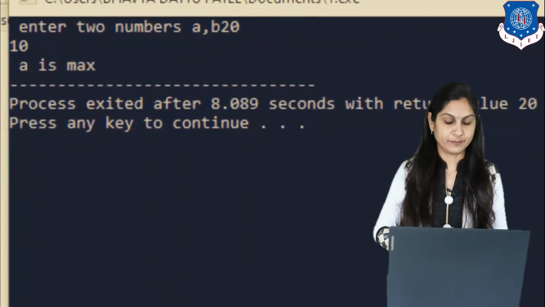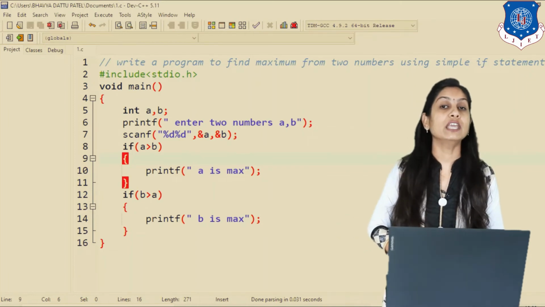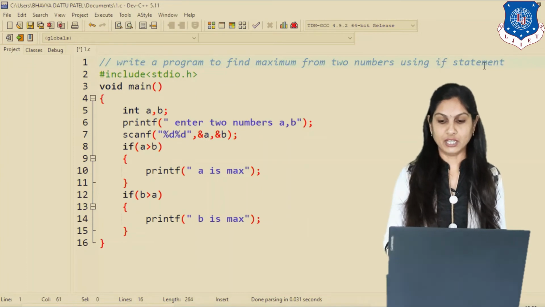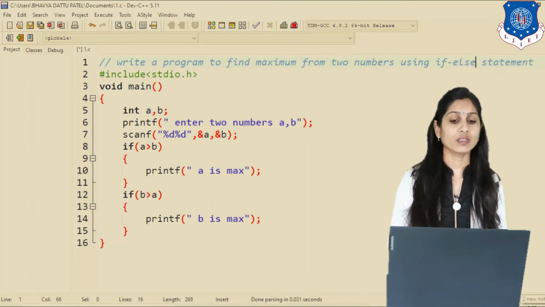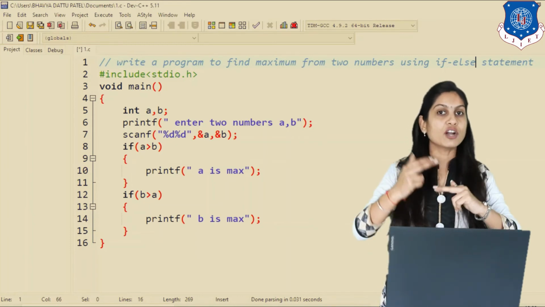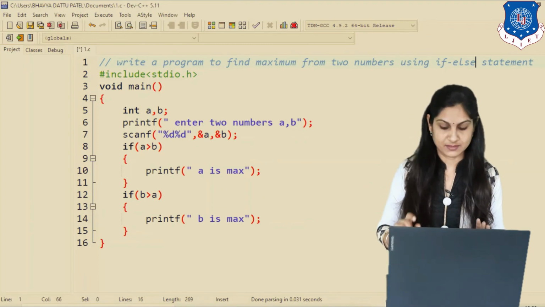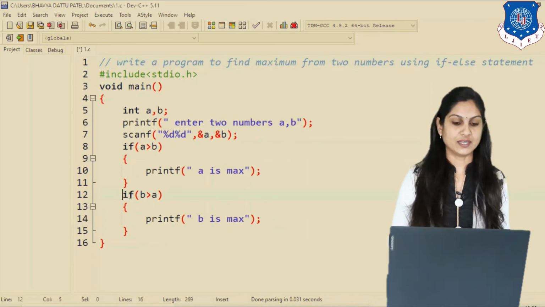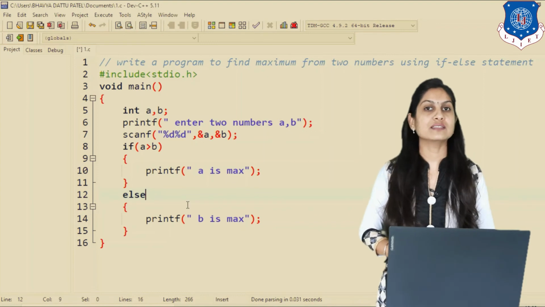So skip that part. Now we execute the same program using another concept, that is if else statements. So simply change the title here. Instead of simple if, we have to change the theory, that is if else. If you remember in the theory part, what we changed is that instead of two ifs, the second if will be discarded and directly else is put. So the whole program will be the same, only in the second if we have to change, and instead of that if we put just the keyword else. This is the concept of if else.